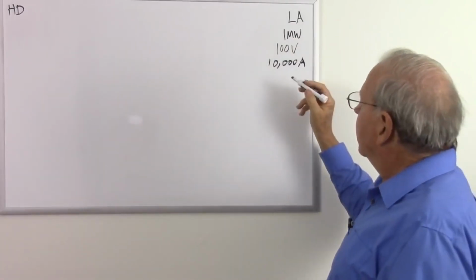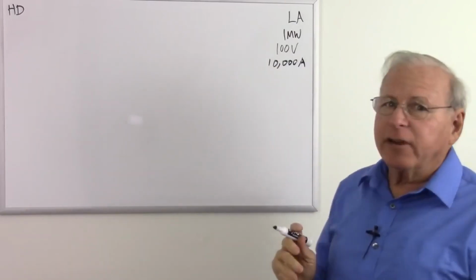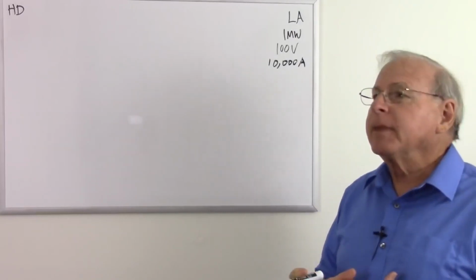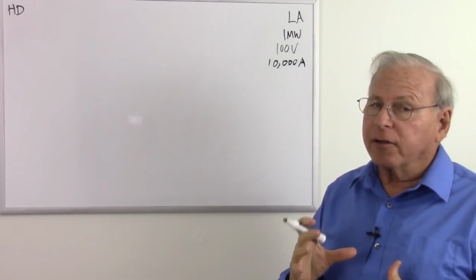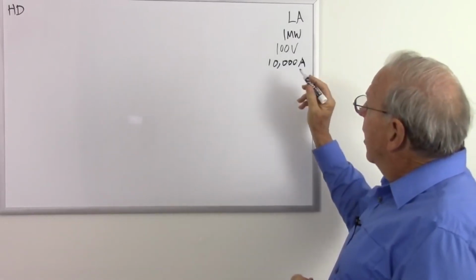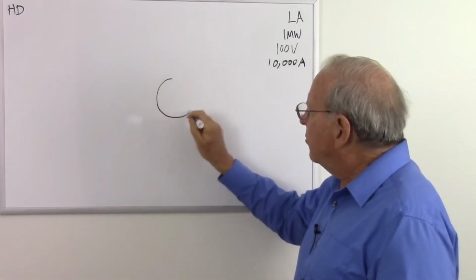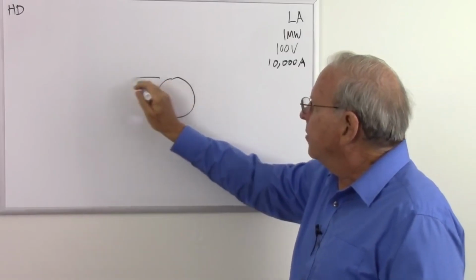Let's go on. So how big of a wire am I going to need to carry 10,000 amps? Well, the current carrying capacity of a wire is called its ampacity, and that is the amount of current a wire can carry without getting hotter than we want it to get. And a copper wire to be able to carry 10,000 amps is going to have to be about 70 millimeters. That might be a little large, but about 70 millimeters